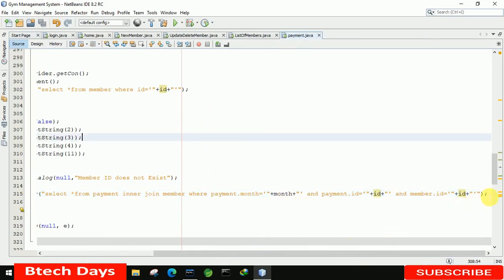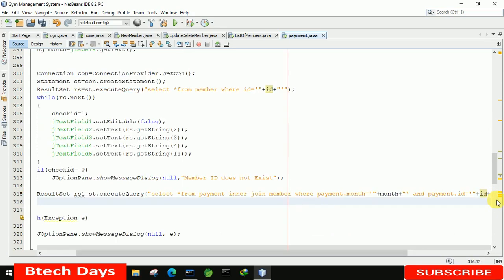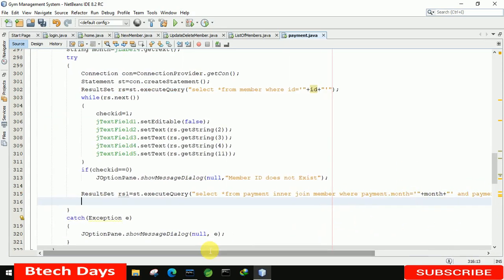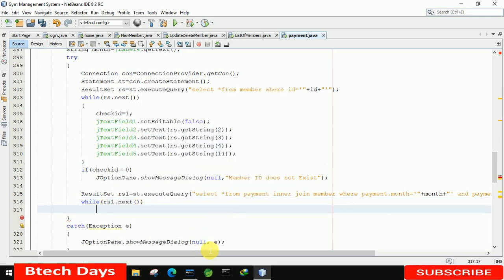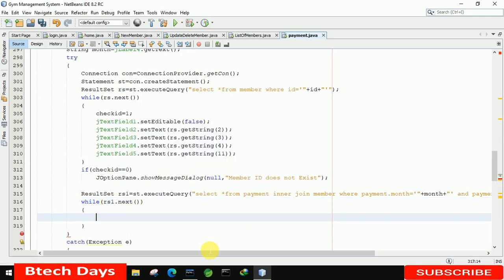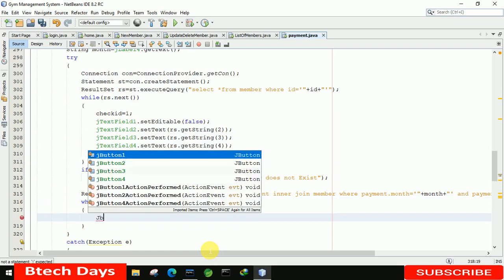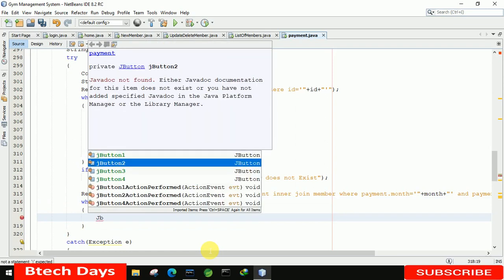After that we have to move to the next line, and if this exists, like while rs1.next, if this is satisfied, we have to make the button, I think it's button 3.